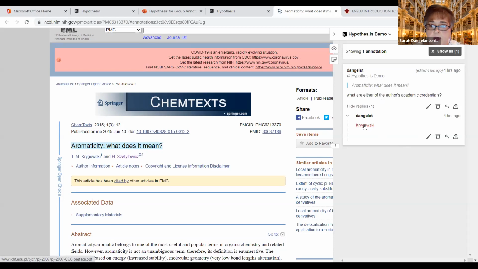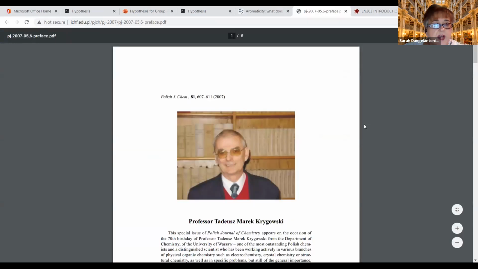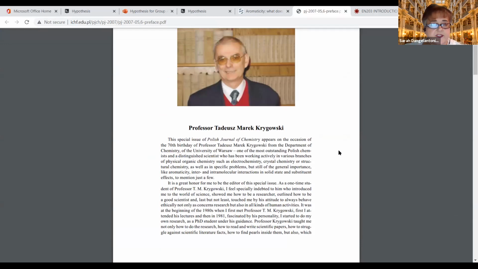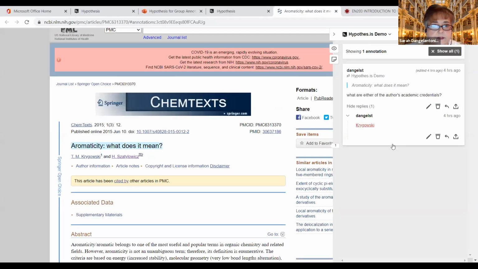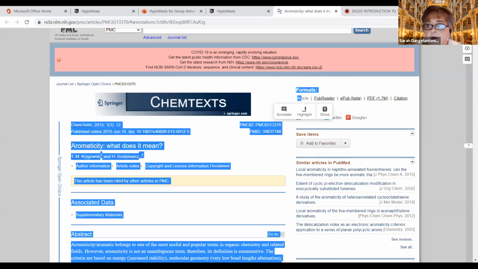And then with my response to that, I put in a hyperlink, which takes me out to a little biography about the chemistry professor who's one of the co-authors of the article. So that's the sort of thing that you can do here. You can collapse this if you want to read the article and see everything on the page, or open it up again if you want to see everything.